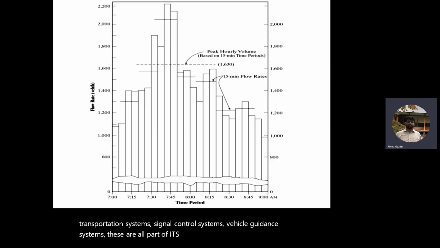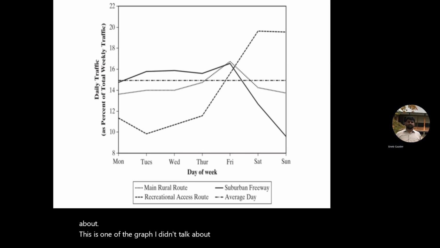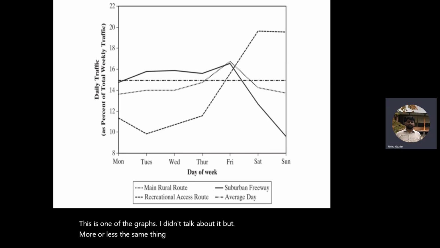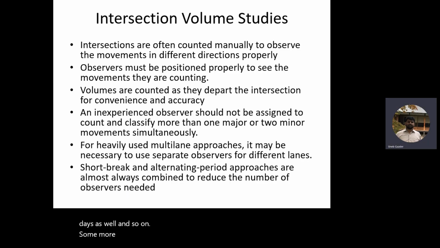These are the graphs I was talking about. This is one of the graphs I didn't talk about, but more or less the same thing. There is a graph for each different type of highway, and you can see different days as well and so on. Some more graphs. Okay. Now in chapter 3,